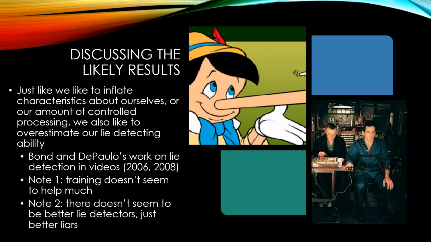Instead, what we tend to see when it comes to people's ability to detect lies is it's more about the lie teller than the person who's trying to decipher it. I know many of you might be thinking that there's police officers and interviewers and interrogators that are specifically trained in this, and they must be significantly better at picking up on lies and truth.